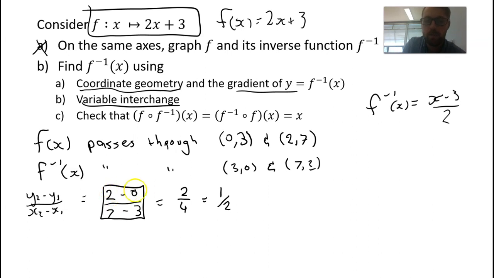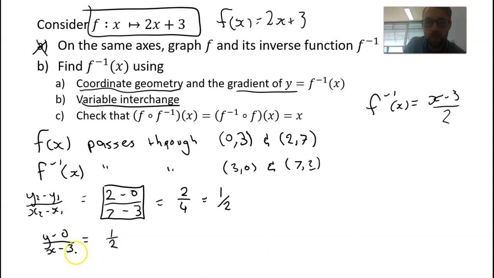Okay, remember the top row is our y's. So I'm going to change that 2 to y, so y minus 0 divided by x minus 3. Okay, and that equals my gradient,